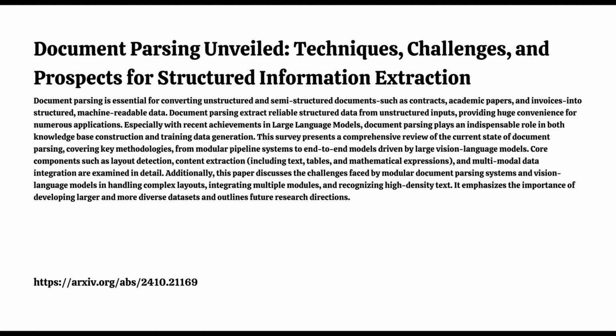So what are some of the commonly used evaluation metrics in document parsing research? For layout analysis, metrics like intersection over union, IOU, and F1 score are frequently used to gauge the accuracy of element detection and localization. They essentially measure how well the system can identify and pinpoint the location of elements within a document. For OCR, character error rate, CER, and word error rate, WER, are common metrics indicating how well the system transcribes text. And I imagine for those more complex tasks like table recognition or mathematical expression recognition, there are specialized metrics as well. You got it.